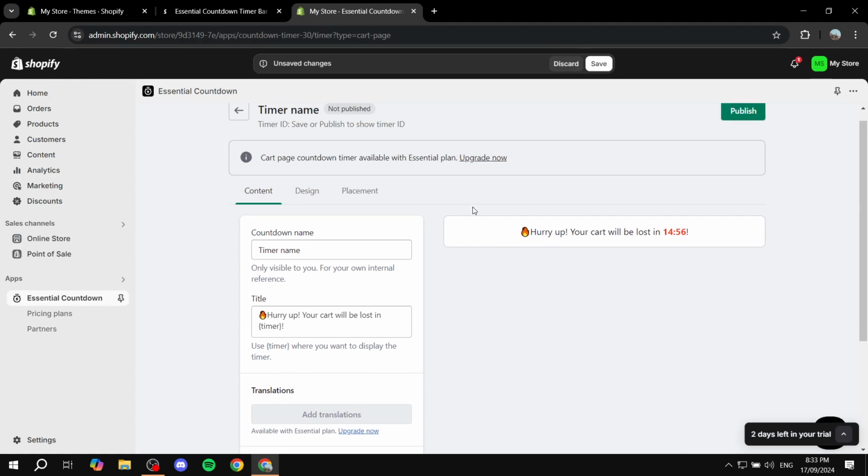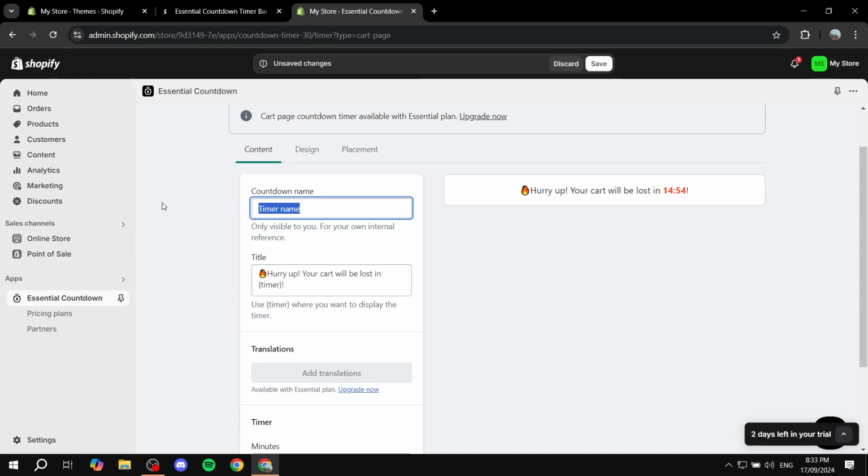Now, once you select that, you will need to give it a name. So let's just go ahead and name it test timer, like I have already done that. And then here for the title, this is actually going to show up for people. And for the countdown name, it's actually not going to show for anyone else except for yourself. But for the title, it's actually going to be visible for others. So make sure you set this up accordingly, because it is going to be visible